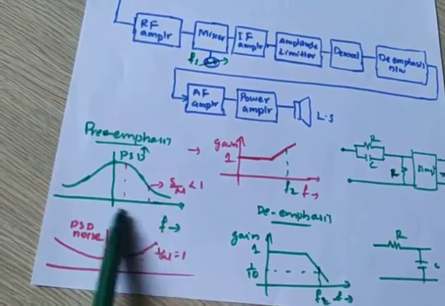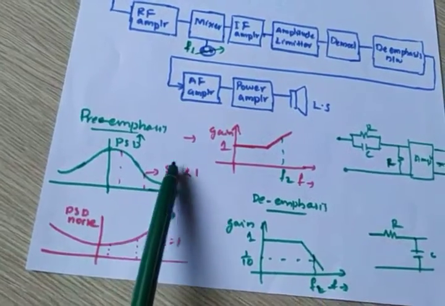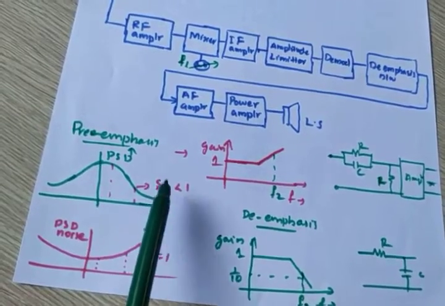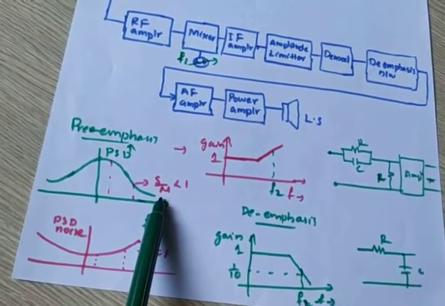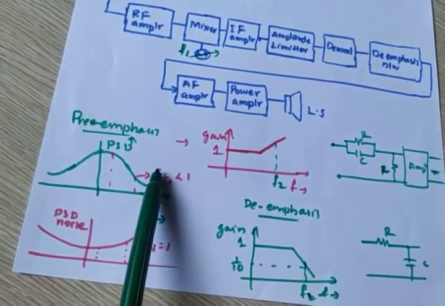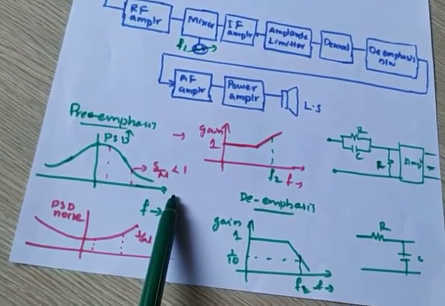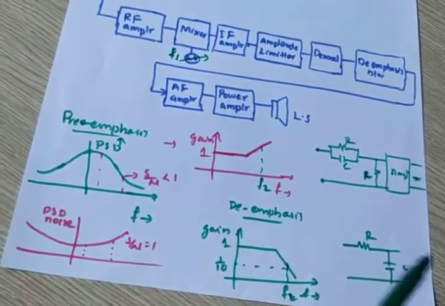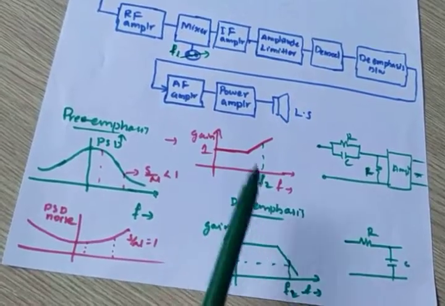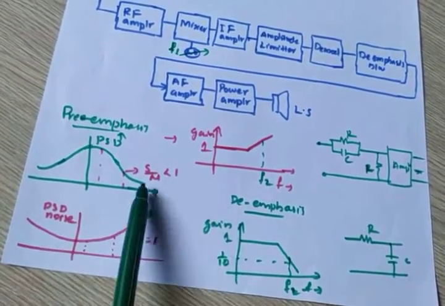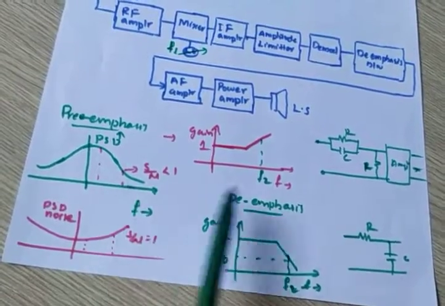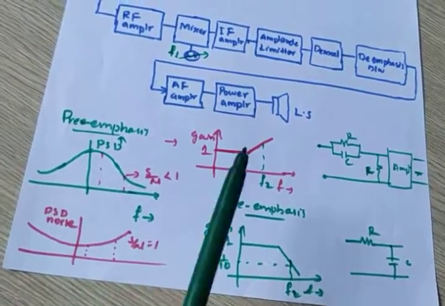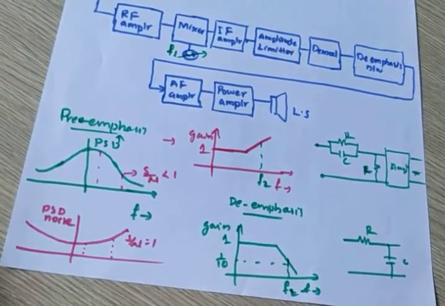This is the graph between frequency versus signal to noise ratio. Signal to noise ratio is represented by S by N. What is S by N? Signal power by noise power. That means in a system, signal power should be greater, noise power should be less. When we transmit a signal, it is transmitted through free space, so there is a chance of noise induction into the system. My signal will get affected with atmospheric or other different types of noise which we studied in the first chapter.